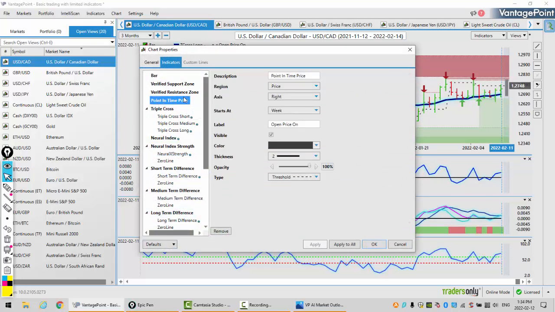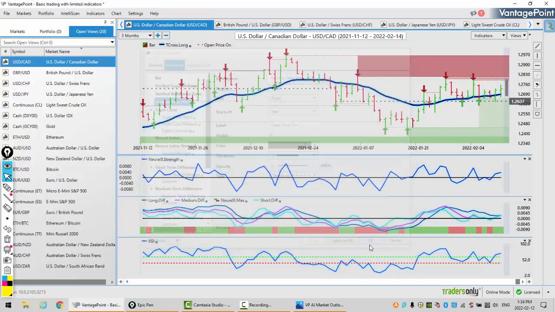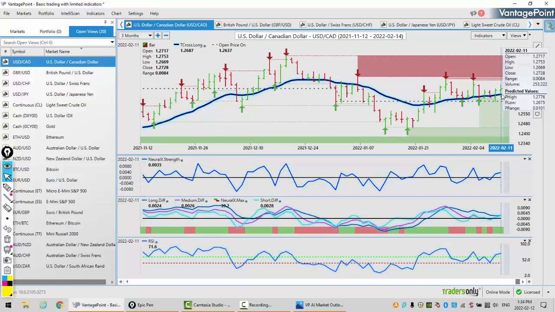Now, if I go one step further, I can explain this even further by using this fantastic indicator in the VantagePoint software. Again, guys, quality, not quantity of indicators. So we look at this, and I can very quickly look at the yearly opening price. Not only do I have support using the T-cross long, I also have very strong support using that yearly opening price at 126.30. So I'll respectfully submit that longs carry a bias here, and I'm really only looking for longs while we're above 126.30, but I will certainly not dispute that we have significant resistance and we could have a short trade up here towards the 128 level.